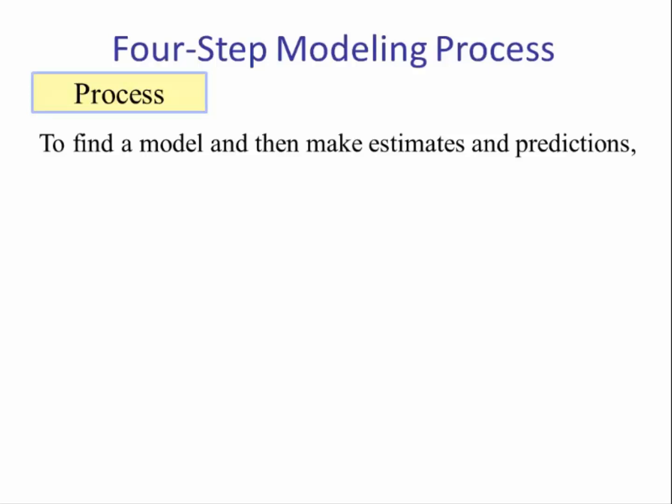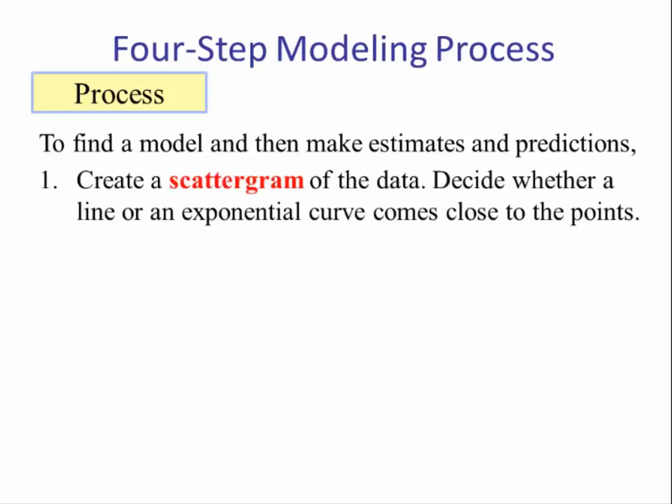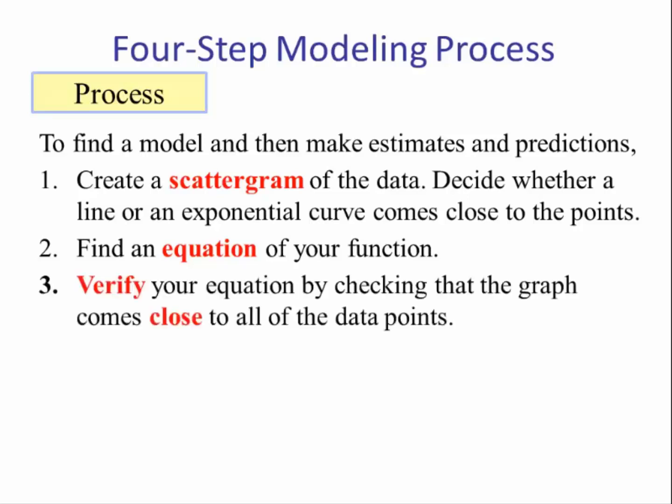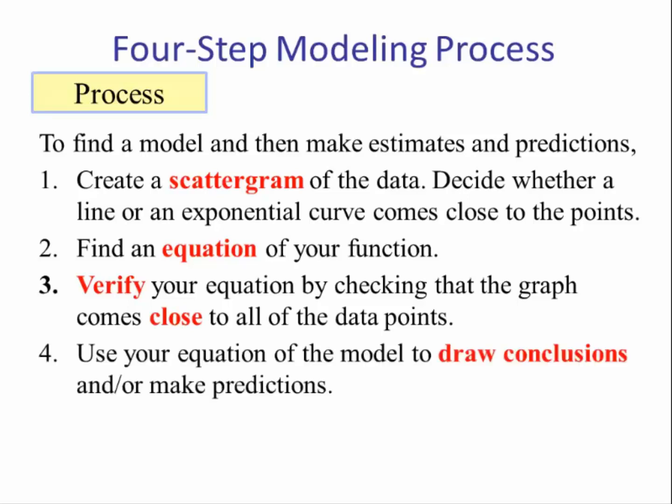4-step modeling process. Define the model and then make estimates and predictions. Number 1, create a scattergram of the data. Decide whether a line or an exponential curve comes close to the points. Number 2, find the equation of your function. It may be linear, it may be exponential. Number 3, verify your equation by checking that the graph comes close to all the data points. Number 4, use your equation of the model to draw